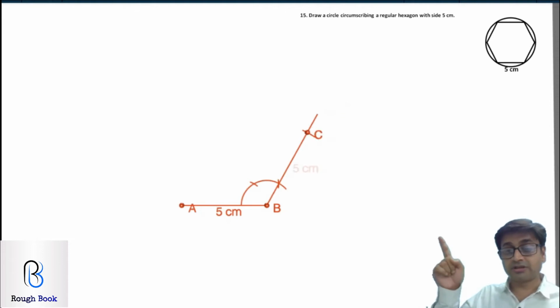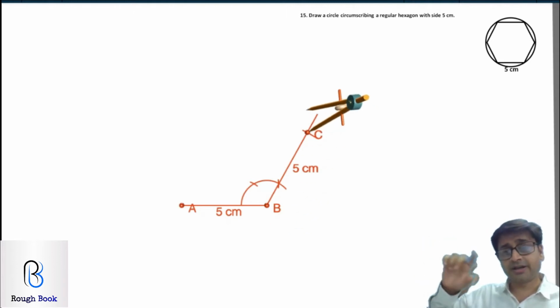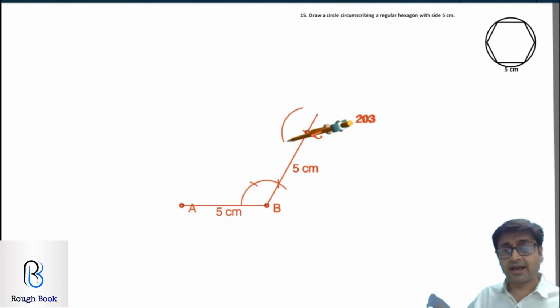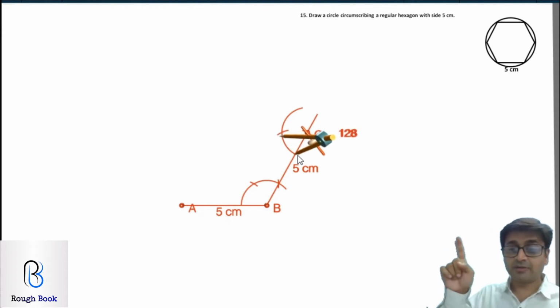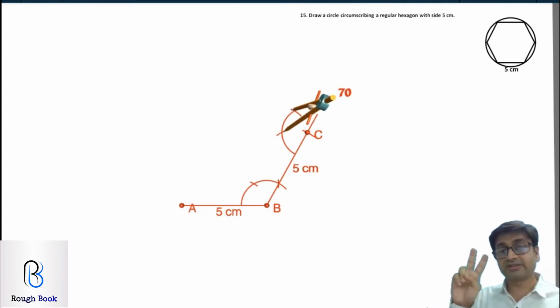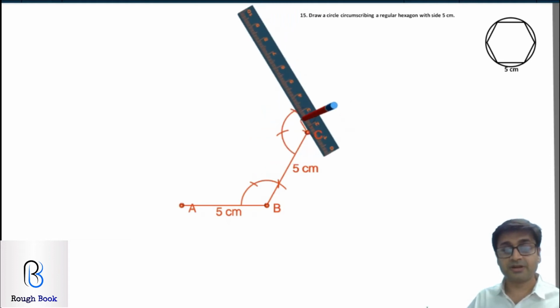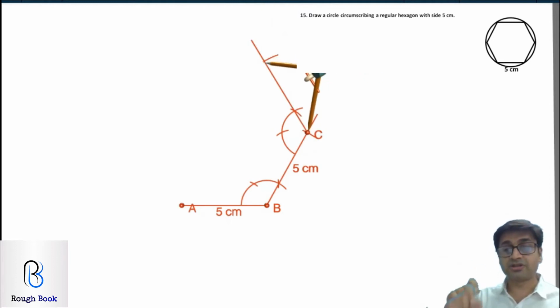Now keep your compass on this point C over there and again construct one more 120 degrees. So keep your compass there. Cut an arc of suitable radius and then keep your compass on this point here and cut an arc without changing the radius. Keep your compass further ahead, one more arc, and this point of intersection, if you join with C, you get your second 120 degrees. From C, cut an arc of 5 centimeters and you got your point D this time. So we managed to reach till D now.